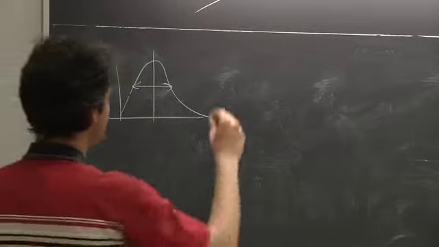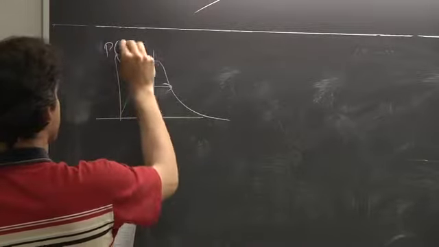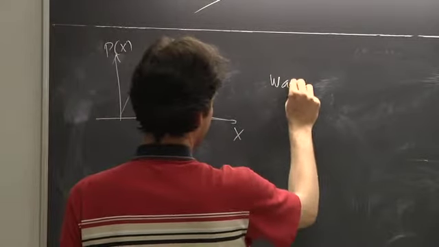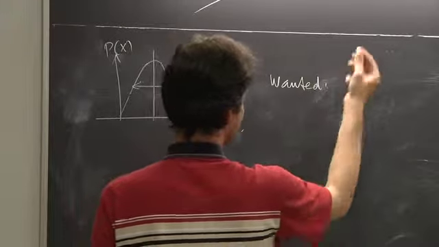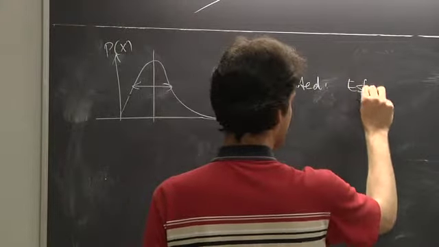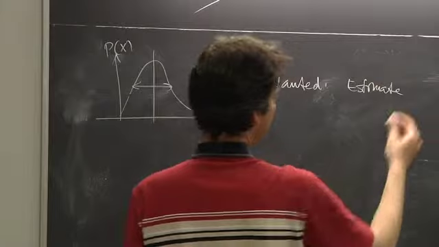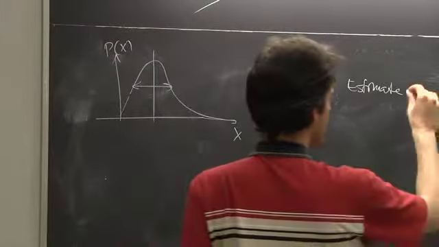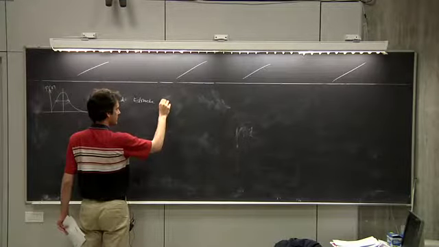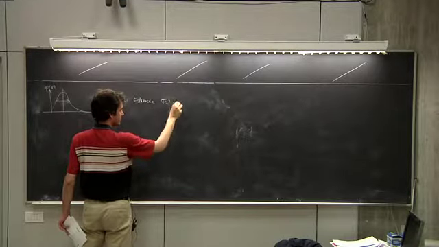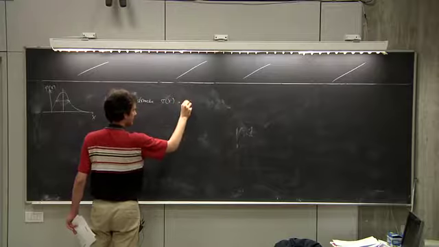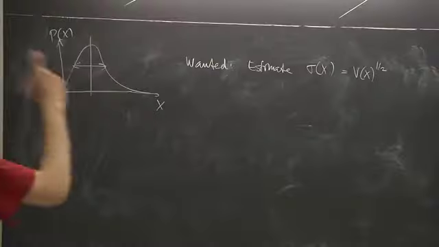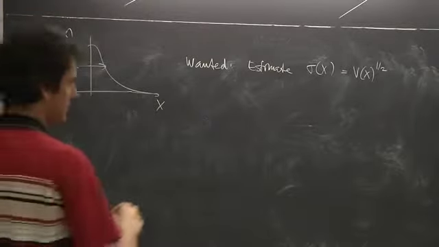So you would want... what you wanted is an estimate. You don't know your probability distribution, but you want to characterize it. And so you want an estimate for the sigma of x, or for the variance. So how do you do that? Well, you know that